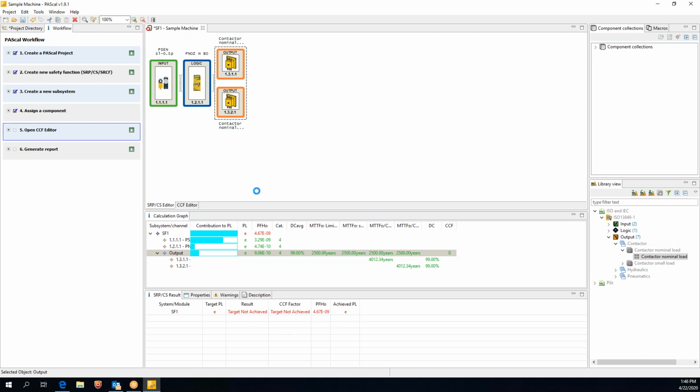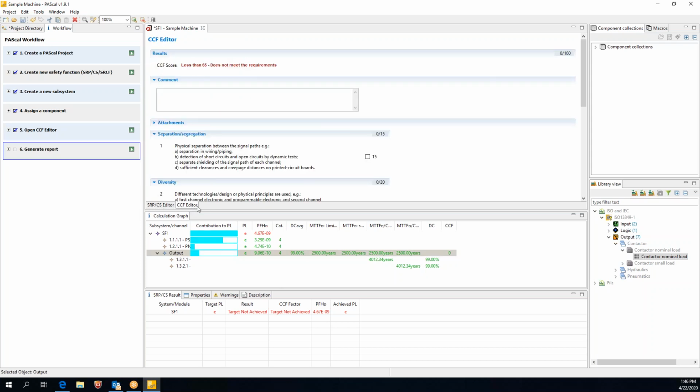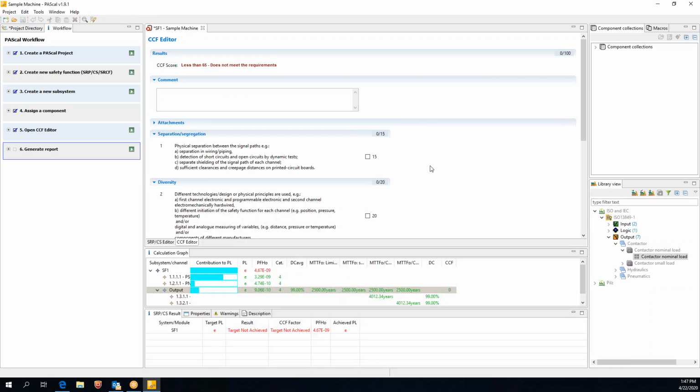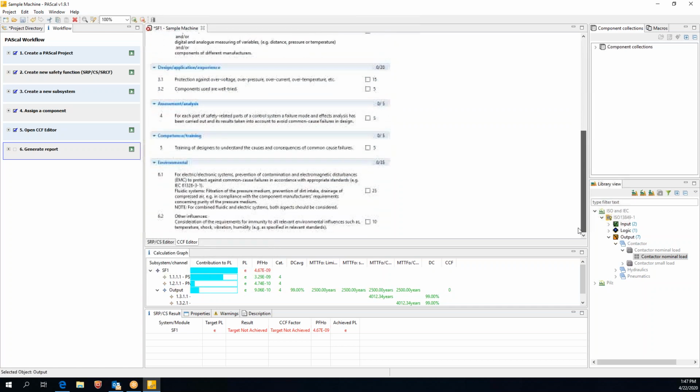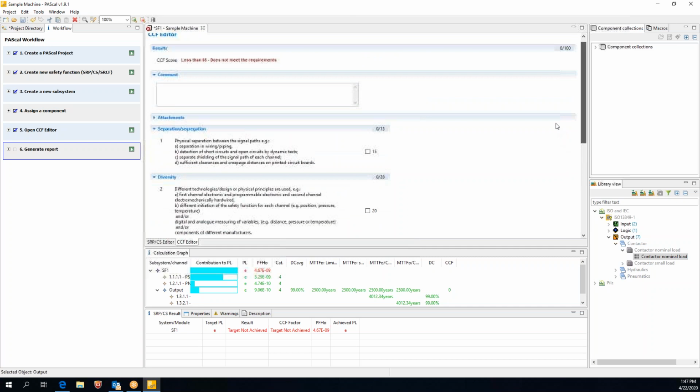The one thing that we're missing is a common cause failure editor. This little tab right here beside where I just was at. And what this is going to do is walk us through a couple of questions to ask how exactly you've installed the components or plan to install, how are you using them, and some things like that. There's a couple of questions that you go through, not many, and as long as you are able to get at least a 65 or more by answering these questions, then you're capable of achieving that target level that you're going to do.